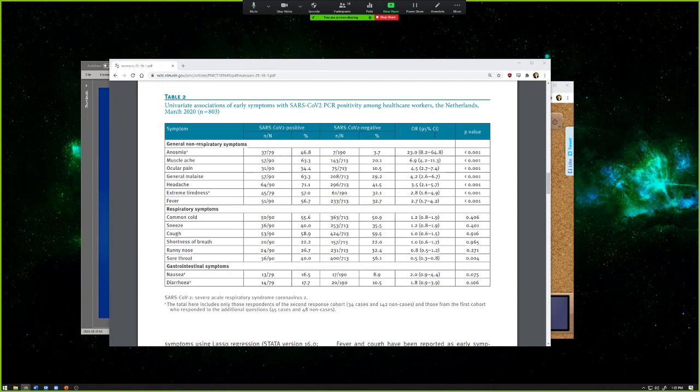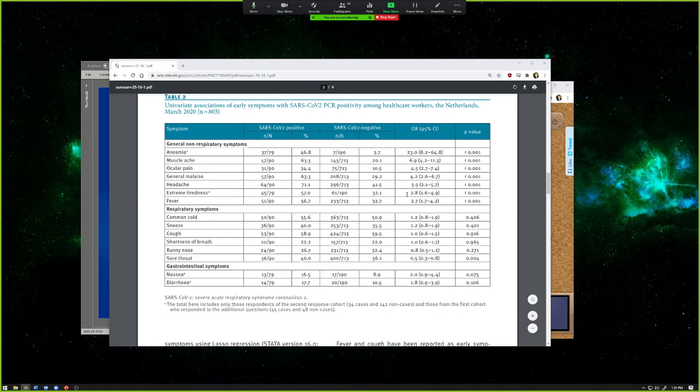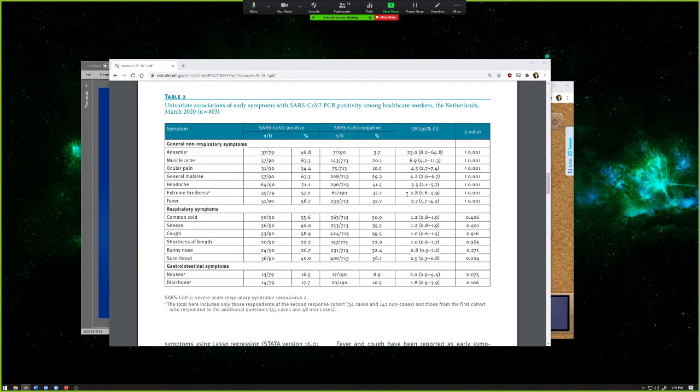I didn't do that, but again, remember that relationship where you want highly sensitive tests early on, so that even if you have a lot of false positives. Something, for instance, like extreme tiredness was definitely associated with something like COVID-19, but it's probably going to have a lot of false positives because a lot of people that are sick feel tired, right? It's a subjective symptom. So this is one of those things where it could be sensitive, but not very specific, versus something like anosmia is probably going to be much more on the specific side of things, if I had to guess, but I haven't done the numbers myself.